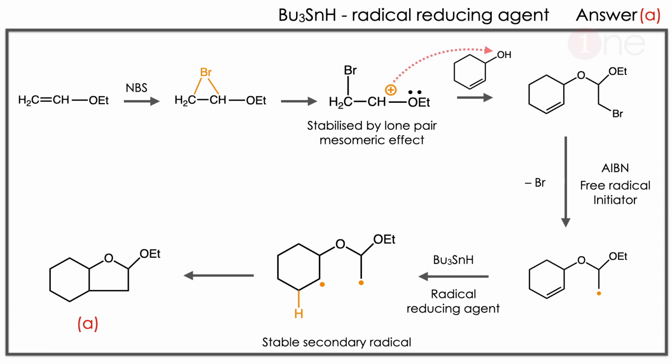Then we have free radical initiator, which promotes the bromine elimination there, forms the radical. Then the tin hydride, a radical reducing agent, reduces with the hydrogen there, forms the free radical. Then both free radicals combine to form the 5-member cyclic product. Here you have to know the role of reagents, otherwise you cannot attend this kind of questions. So the final answer is A, which is 6-member and 5-member cyclic product.